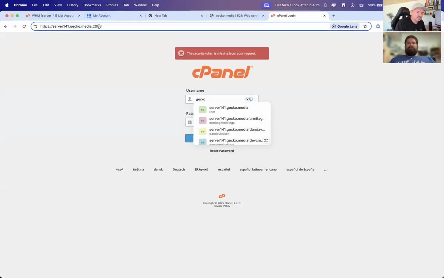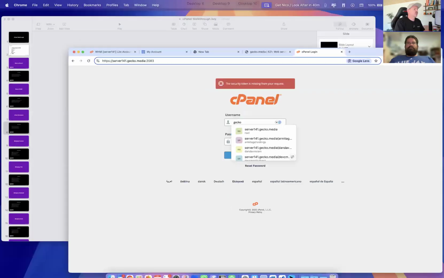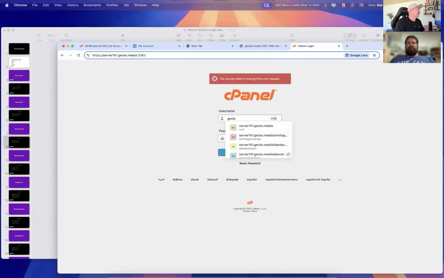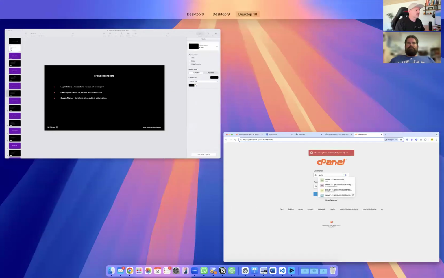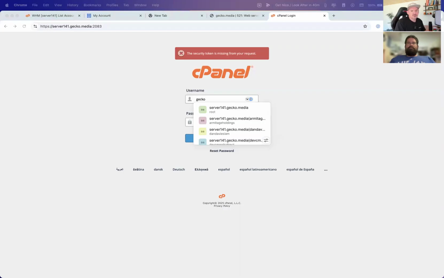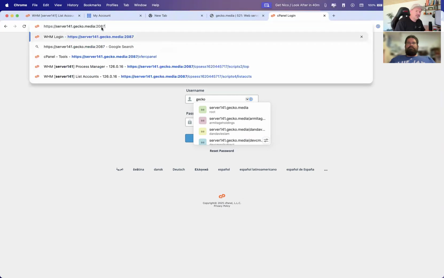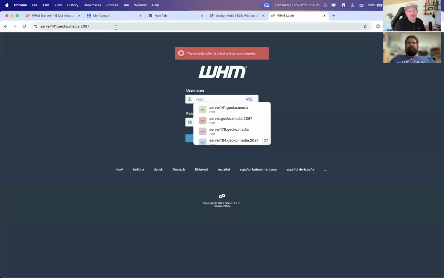And then what it'll do is it'll use this port. So some ports that you should be aware of are 2083. So 2083 is the port for cPanel. And then 2087 is the port for WHM. Now, these are just default ports, okay? So when you try and access your hosting, 2087,